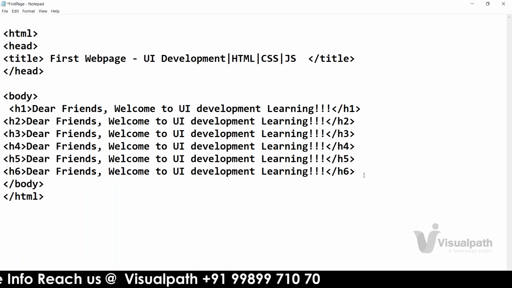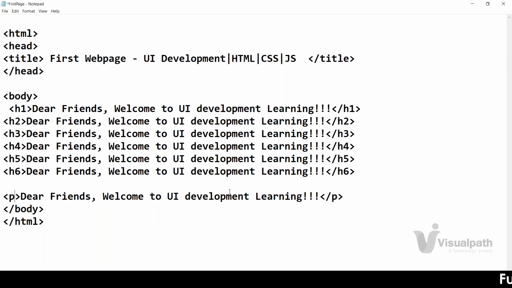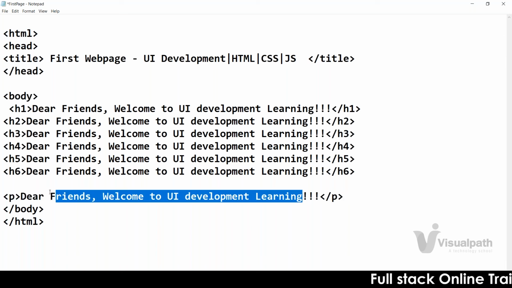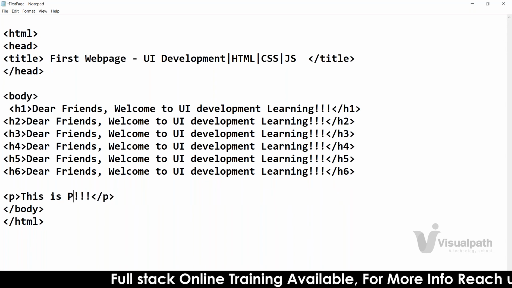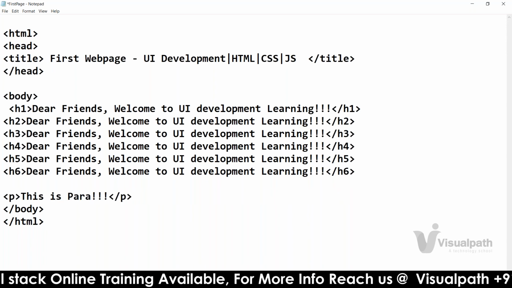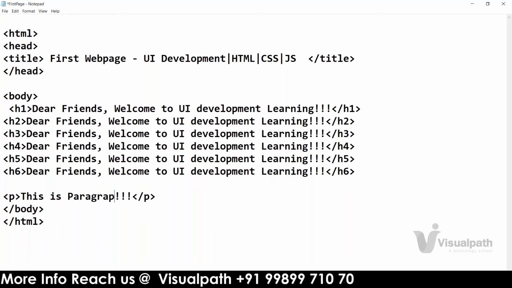And at the end, I will be adding one paragraph as well. So how to add the paragraph? Open P and then close P, right? And then write some data in that. Here I'm just removing this. Like that. This is a paragraph.